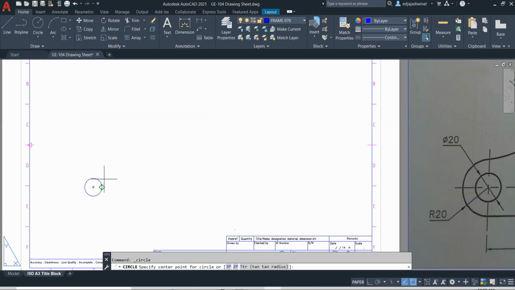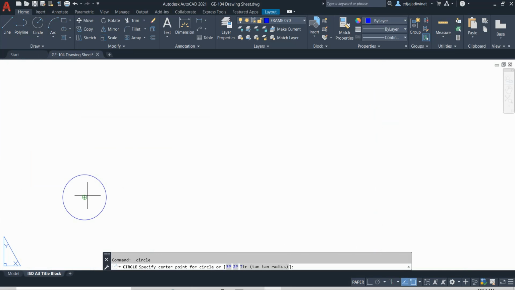and make sure that the green light on the center appears before you click. This green light, as I've mentioned last week, is the object snap. It will catch, or it will locate exactly the point that you need, in this case the center. So the object snap is here, this symbol. You turn it off, you turn it on,